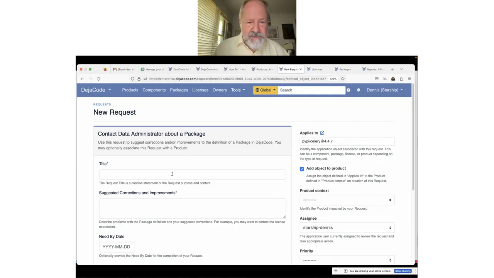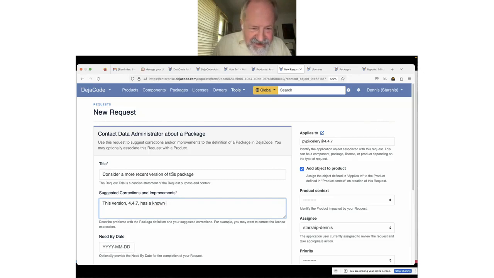And this one might be something like, consider a more recent version of this package. This version 4.4.7 has a known typo vulnerability. Check for more recent ones, and you can put what those might be or whatever. Just showing you what you might want to do. Your team needs to decide what they want to use, and